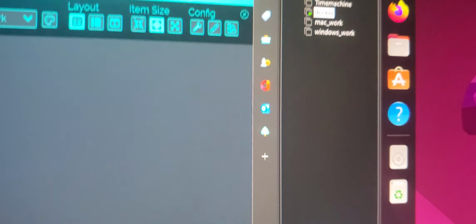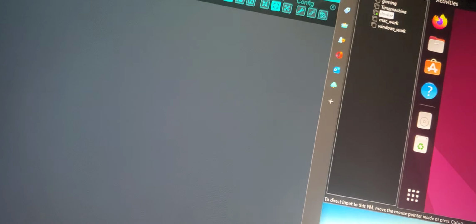Because this is 22.04, which is fine for this case, since this is only hosted inside. And the only thing that is connected out to the outside network is my Mac work and my Windows work, because Windows work is just for a virtual machine. It's just for if someone needs a remote editing machine I have, and if someone also needs just a regular